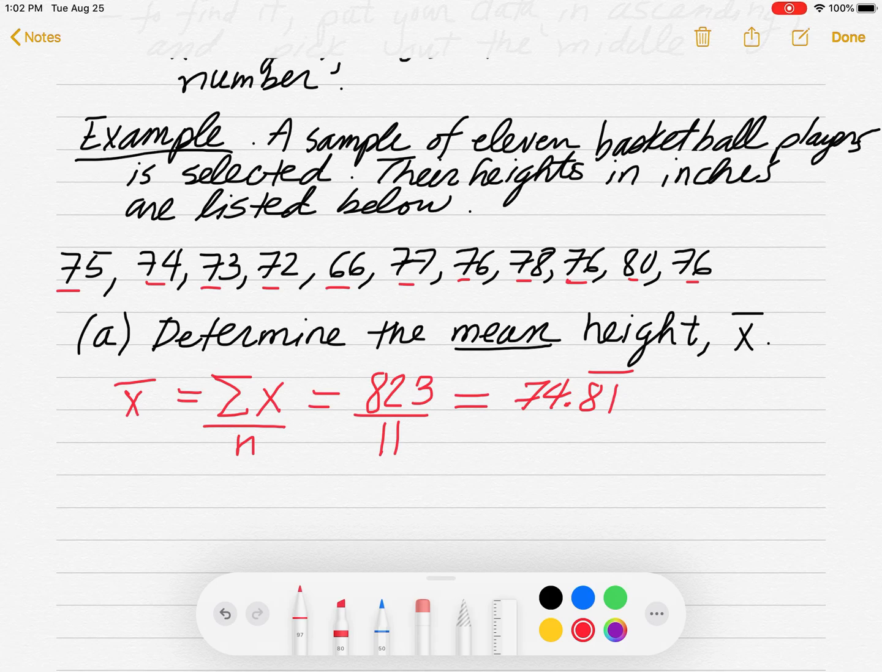0.81, 81, 81. You put a bar over the 81 to indicate it's repeating. But oftentimes, we just round. So if we need to use this number for something else, it's often convenient to round. So we'll say x bar is approximately